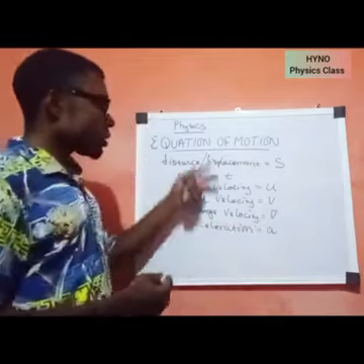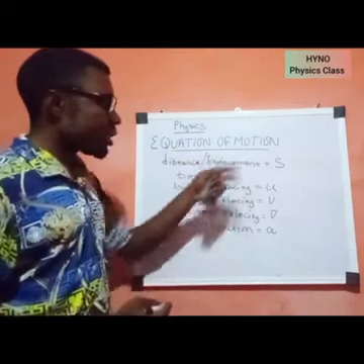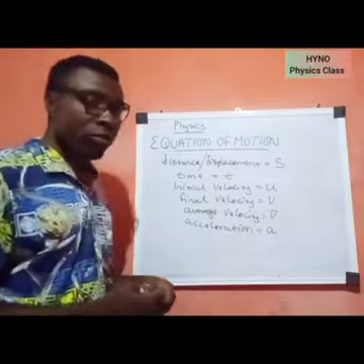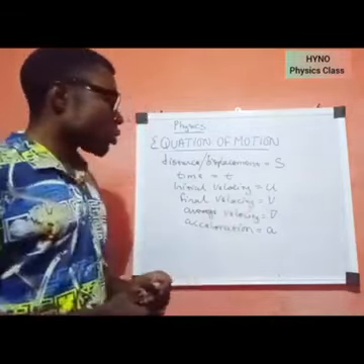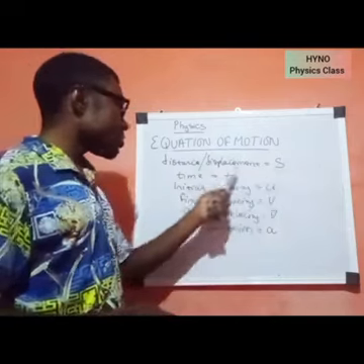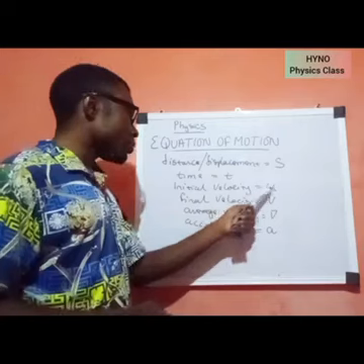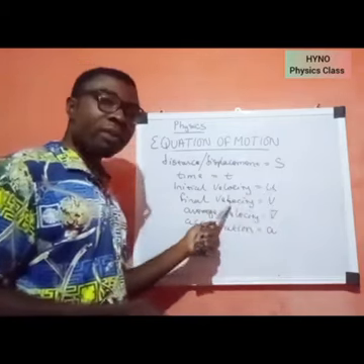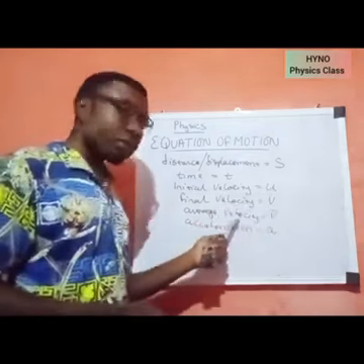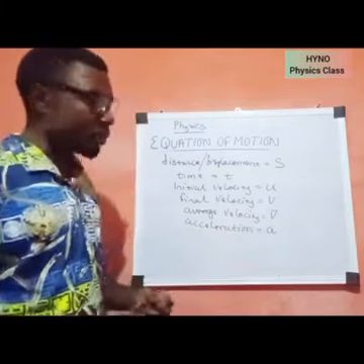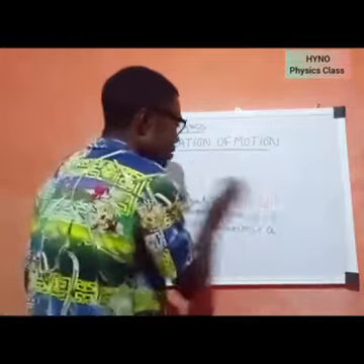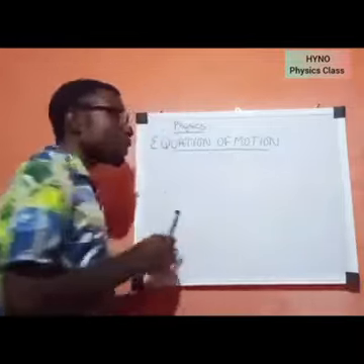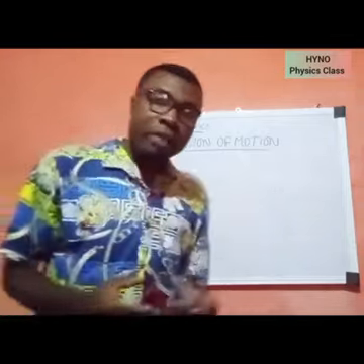So these quantities are the quantities we will see in equations of motion, some or all of them. So having known these quantities, S for distance or displacement, T for time, U for initial velocity, V for final velocity, V bar for average velocity, and A for acceleration, we are going to look at the three equations now. Starting with equation 1, from our definition